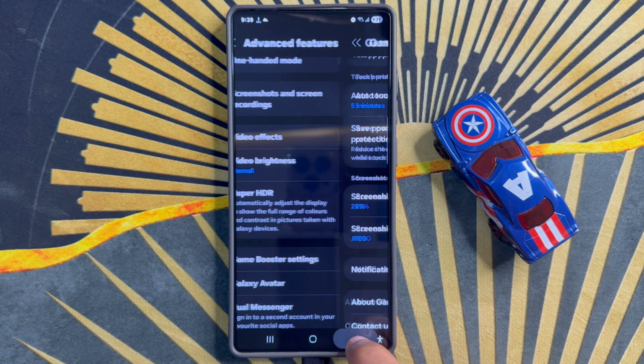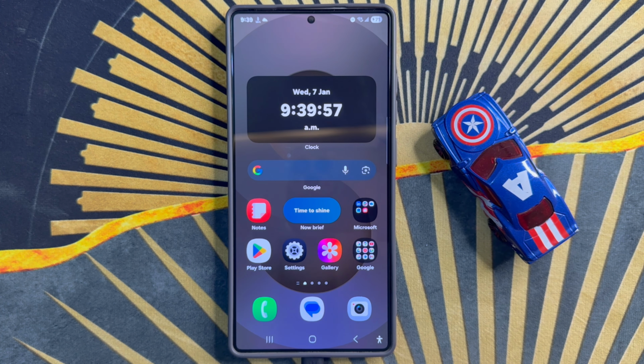After the process, go back to home screen. So that's how you can change the game booster screenshot resolution to 100%, 50% and 25% on Samsung Galaxy S26